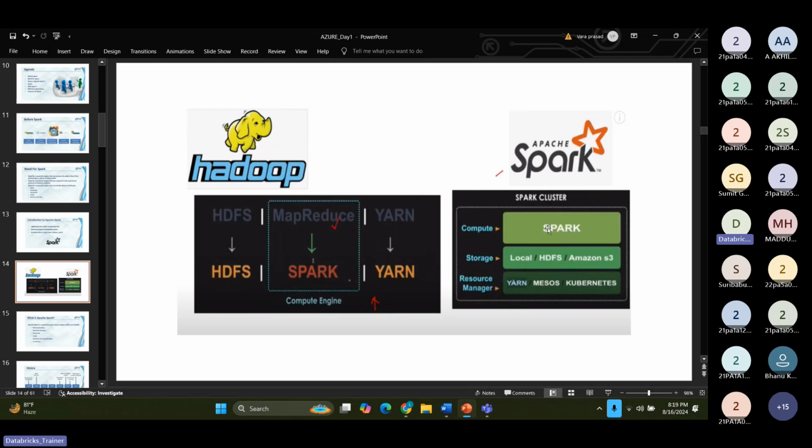So the thing you need to understand here is that when we create a cluster, all the things which are required are included. We have four languages in the Databricks community version which we are working on. So for each and every language you choose, when you create a cluster, it will always have the required